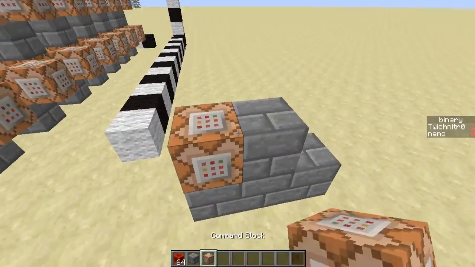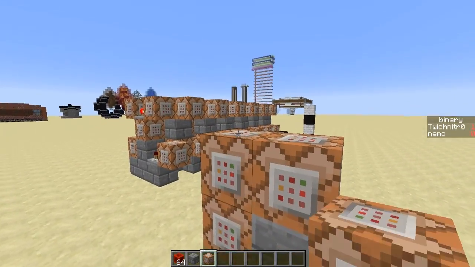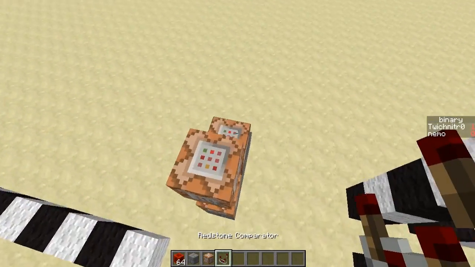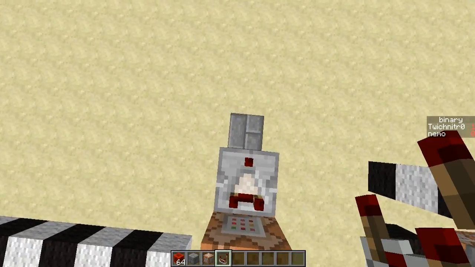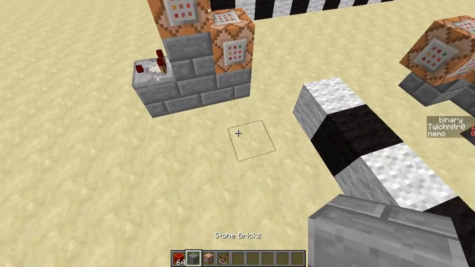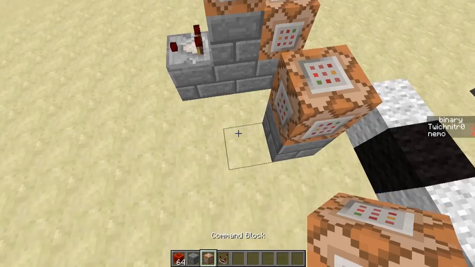And a little zoom in here, actually, I never showed you the cross-section. So the cross-section here is quite simple. And then you want your comparator on top. And your comparator down here. And then the second layer is command block,